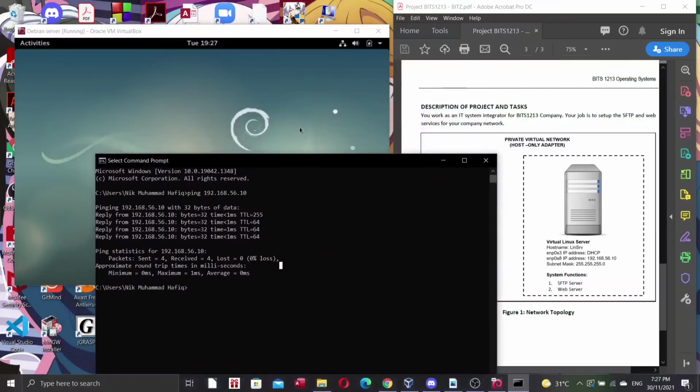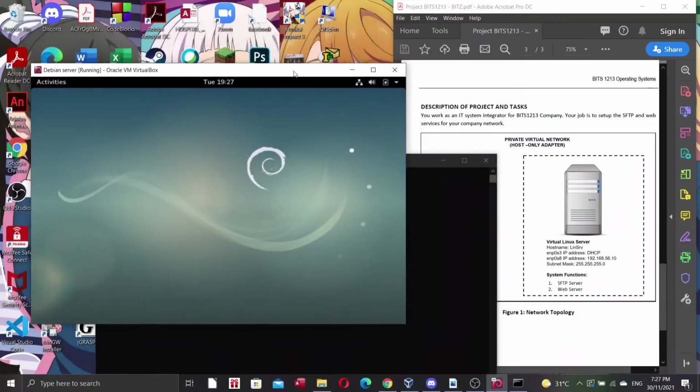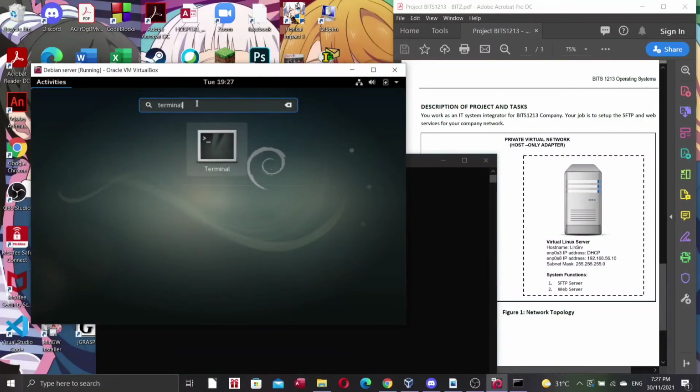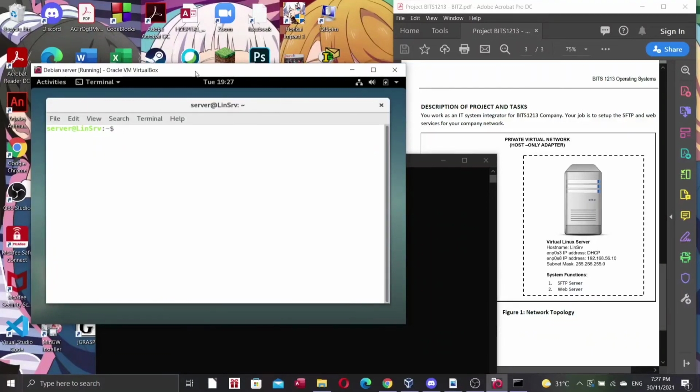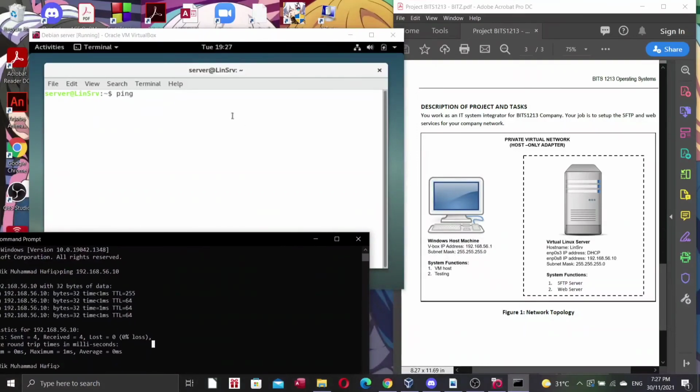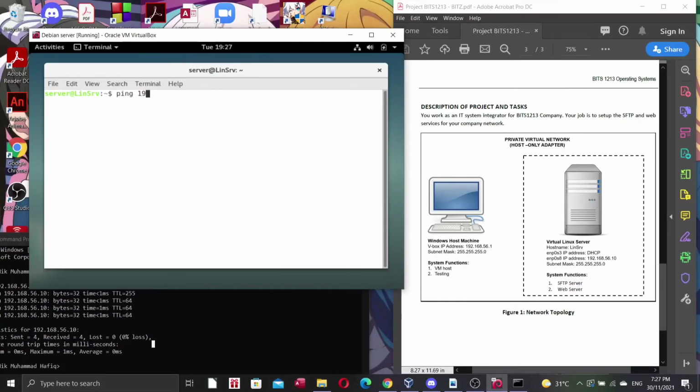Now, we're gonna check whether our server can communicate with the host by going to Activities and searching for terminal. In the terminal, we just do the same thing. I just type the command ping 192.168.56.1.